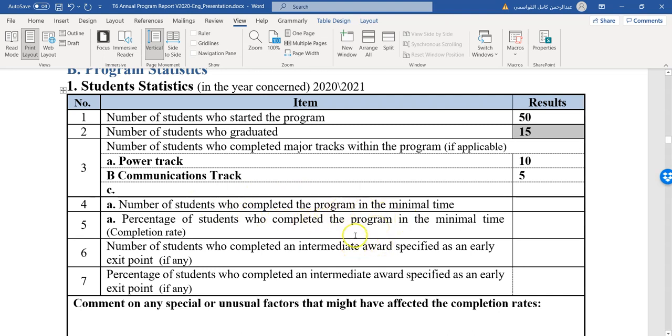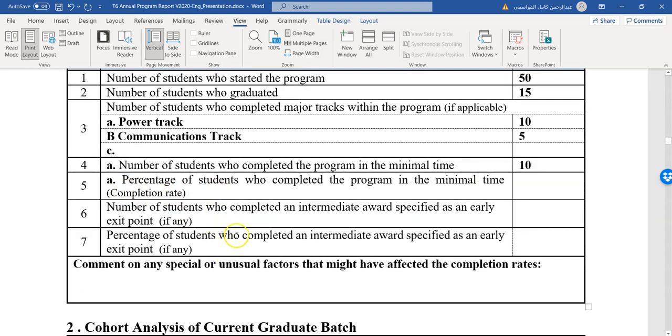If, for example, I have 10 students who completed the program in minimal time, I have to calculate the percentage of students who completed the program in the minimal time, which we call the completion rate. The completion rate means that you have to divide the number of students who finished the program within the minimal time